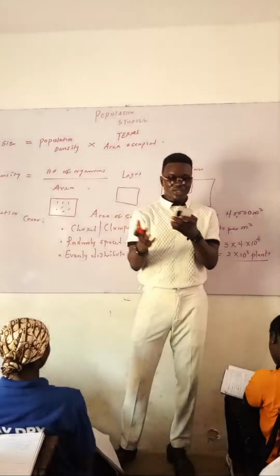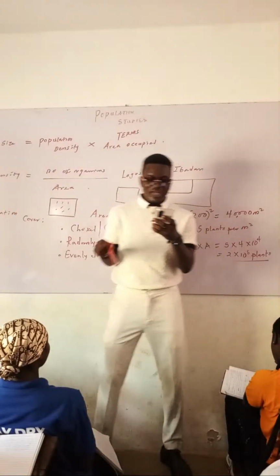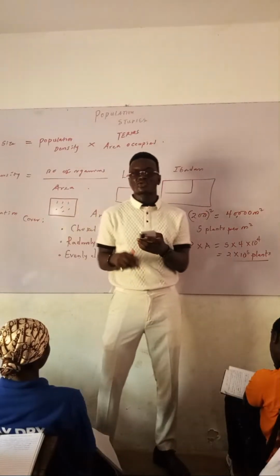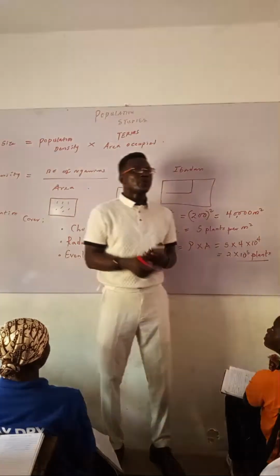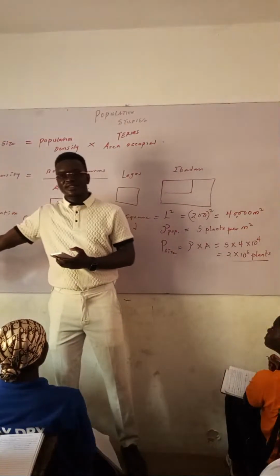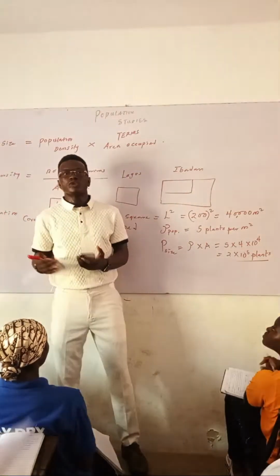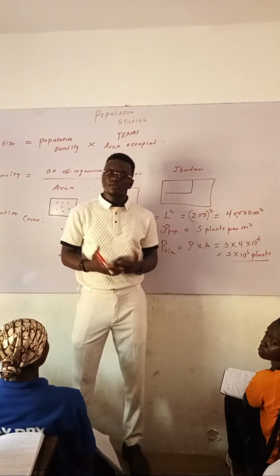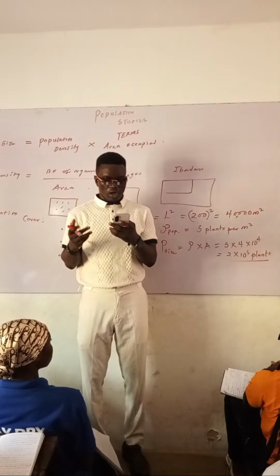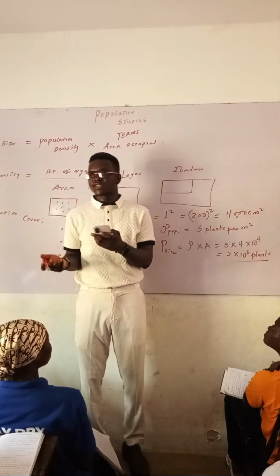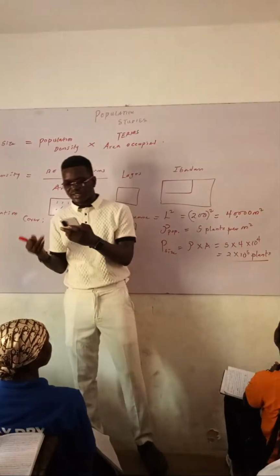I think we have said this before. The population of different organisms living and interacting in a given habitat is called what? We have said this before. Community. I didn't give you options for that because I know you should know. A, biome. B, community. C,